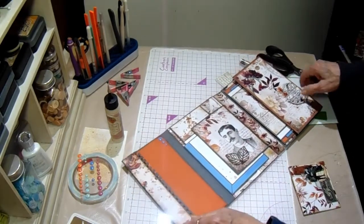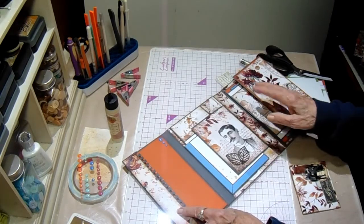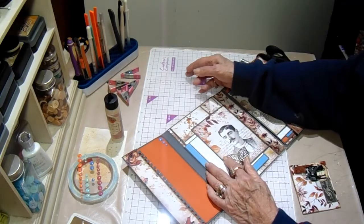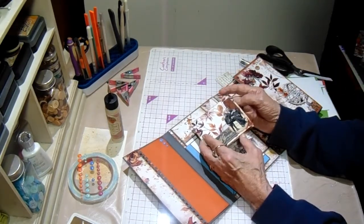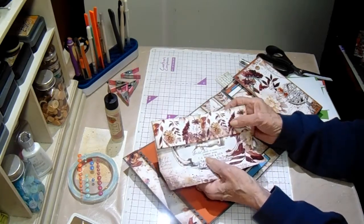And in this pocket, I added 3 of the little blue enamel dots, and they came from one of Tammy's collections, but I don't know which one. I save all of them that I don't use. And then I made a little folder, and all it is an 8x8 piece, and I folded it down and